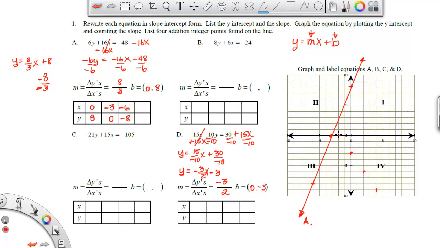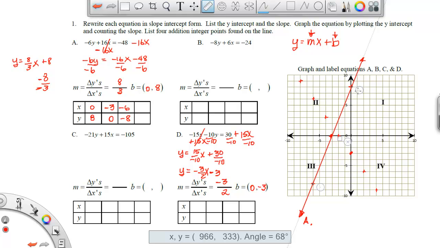I'm going to actually do it again. 1, 2, 3, 1, 2. See how these all form that line? I can keep going if I want. So on this graph I actually see 1, 2, 3, 4, 5, 6, 7 integer points that go along with this equation right here. So let's go ahead and do our graph,